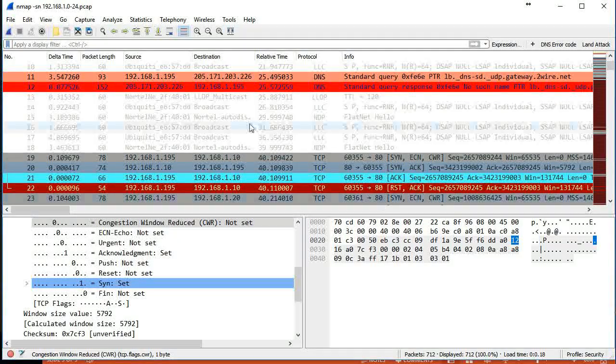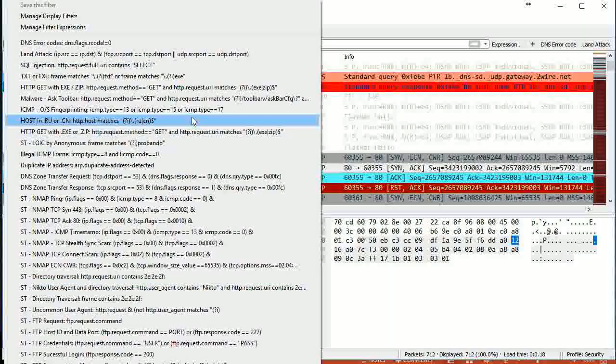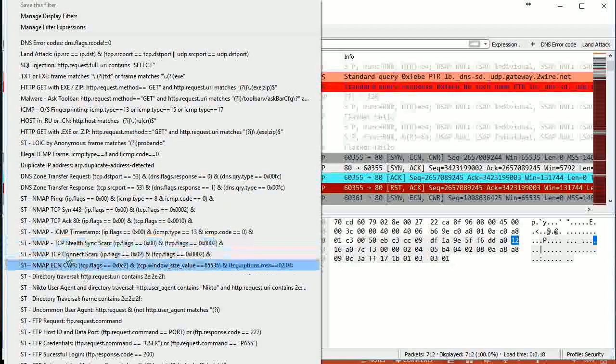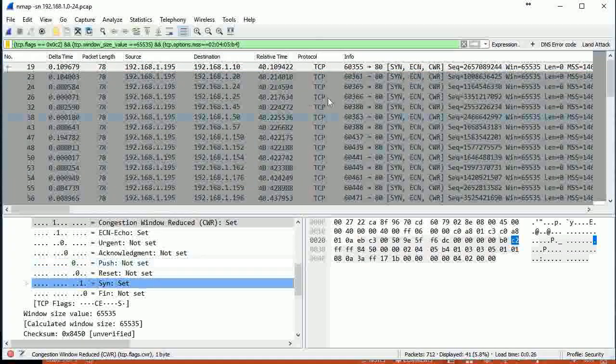And actually I did that, and I have that filter. I'm going to show that to you. I have lots of filters built here, and I have them under STs for security. One of those is an Nmap ECN CWR. So this is that particular filter. So we can actually see